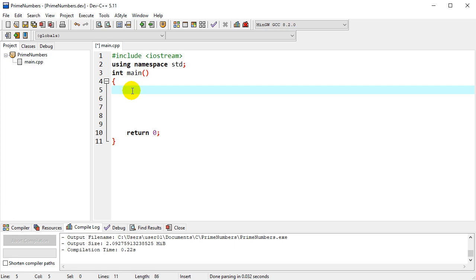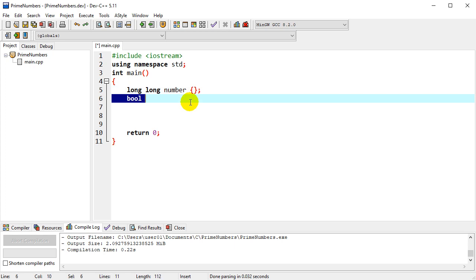Since we need to input a number, let's create a variable. We'll create a long integer. That way we can accept very large numbers as input, and we'll just call it number. Okay, so we'll have a long integer called number. We'll go ahead and initialize it to 0, and then we'll have a Boolean